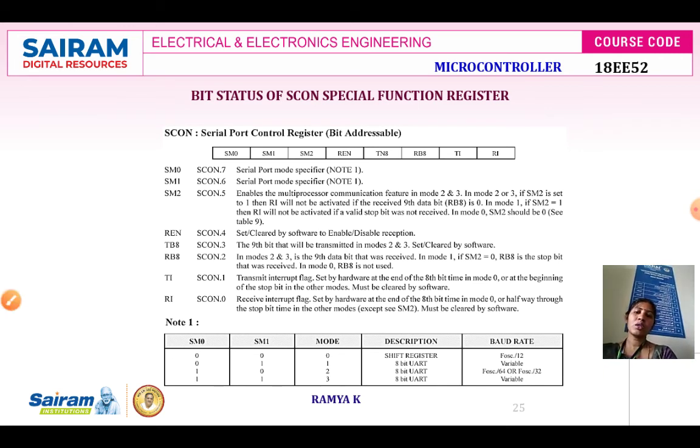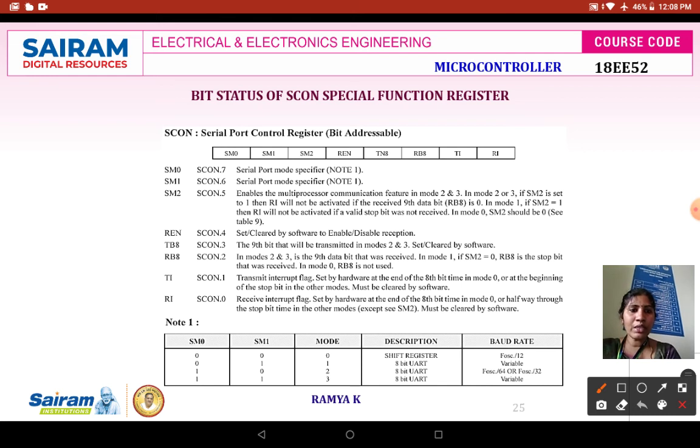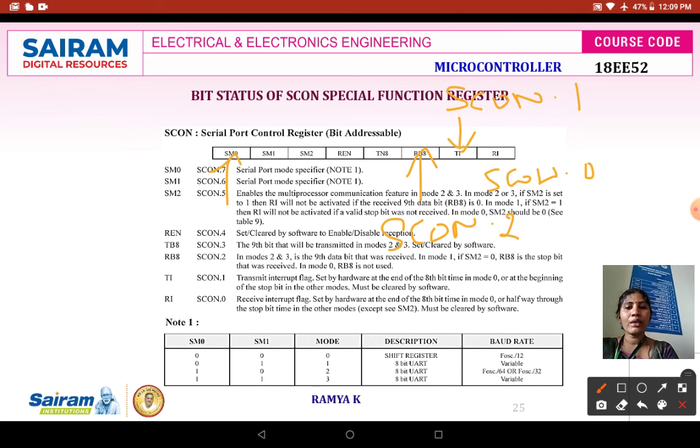This you can represent as SCON.0. This particular bit you can represent as SCON.1. RB8 can be represented as SCON.2. Likewise, you can represent till SCON.7.